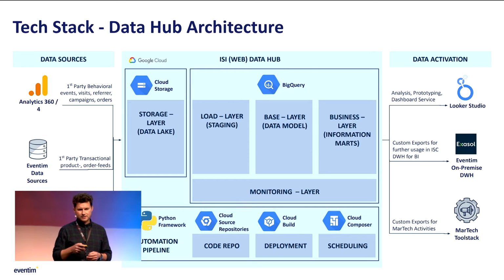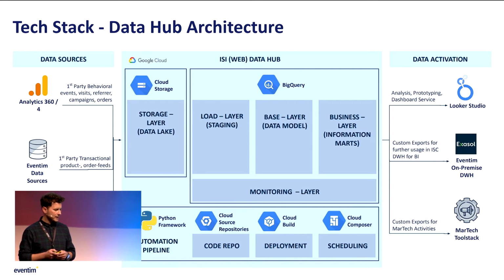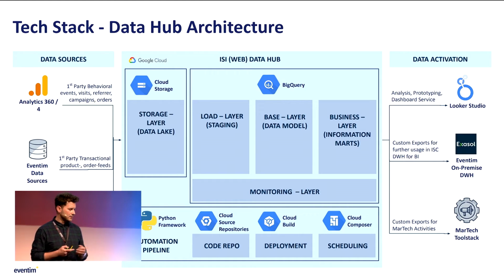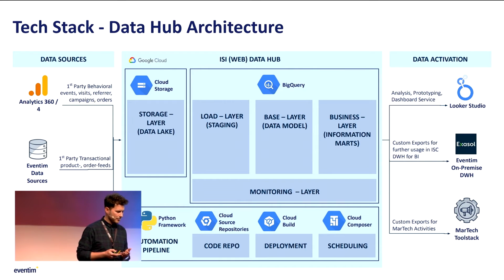Coming to the business layer, this is very specific. The one example I already explained. In the business layer, we develop a very, very specific use case in a way which is basically needed, so the business case. For example, we need specific data which is very highly aggregated for a use case on data visualization via the on-premise data warehouse Exasol. So we develop the table or whatever is needed, or the data view, in the way the requirement is fulfilled. We export it to the specific cloud storage folder. Exasol can just access the data and that's it. So this is what we do in the business layer as well.